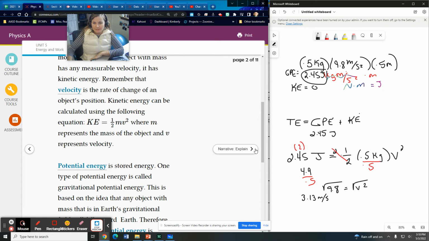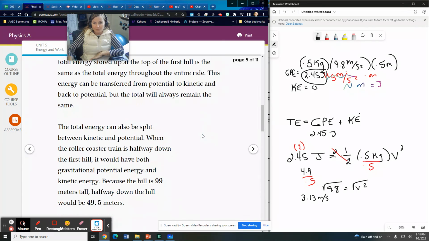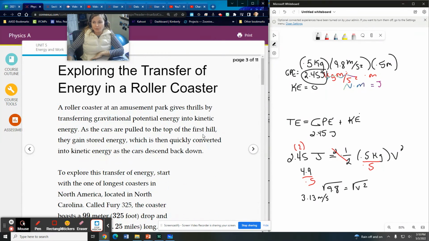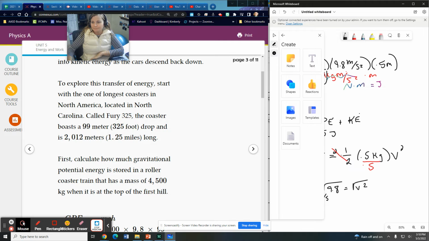So that kind of walks us through the main points of this lesson. They do talk a little bit about roller coasters and how you can do the same kind of thing on a roller coaster. The idea is if you're at the top of the roller coaster,